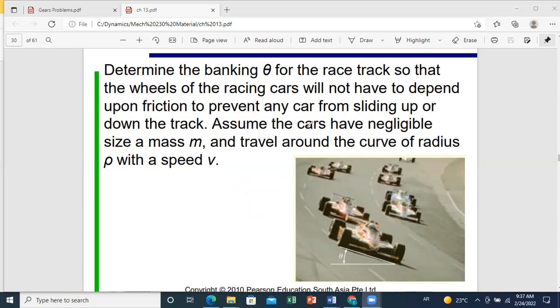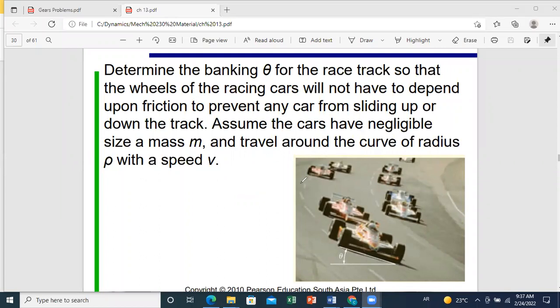Assume the cars have negligible size, a mass m, and travel around the curve of radius rho with a speed v. I will decompose the given with you to try to see how we should think here about normal tangential